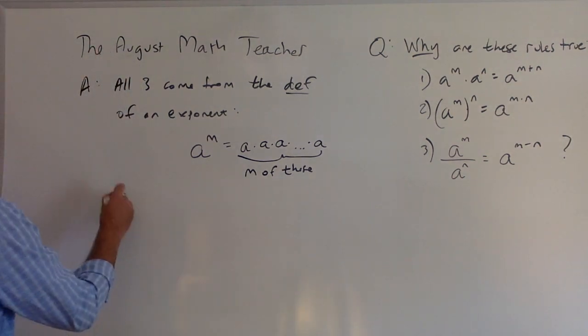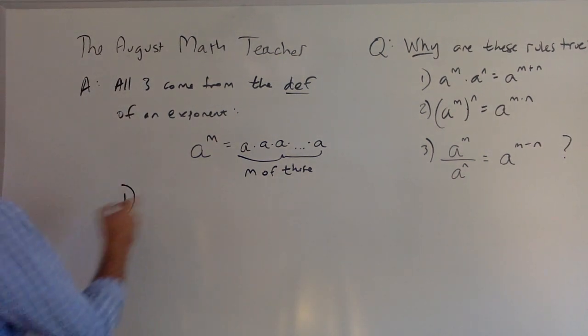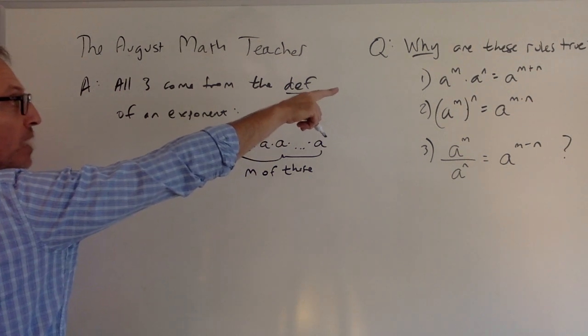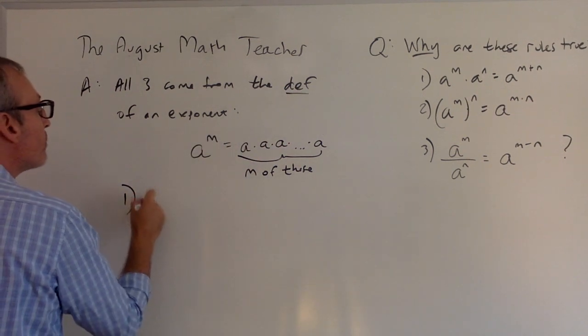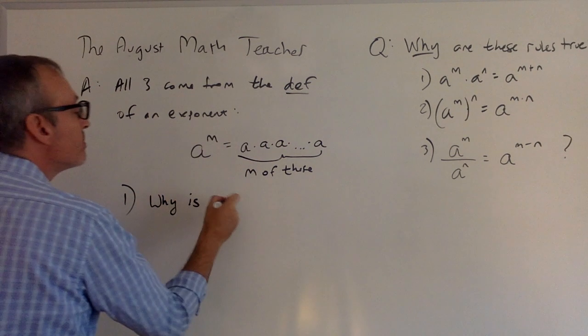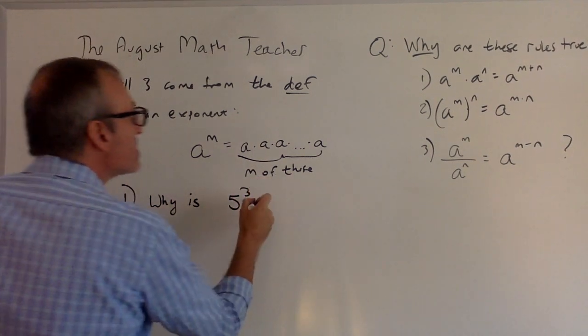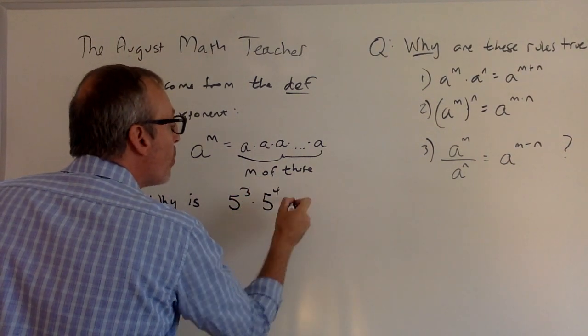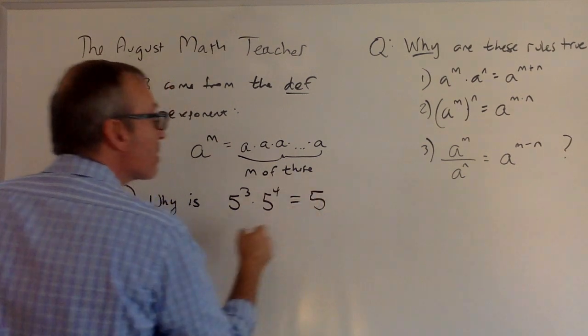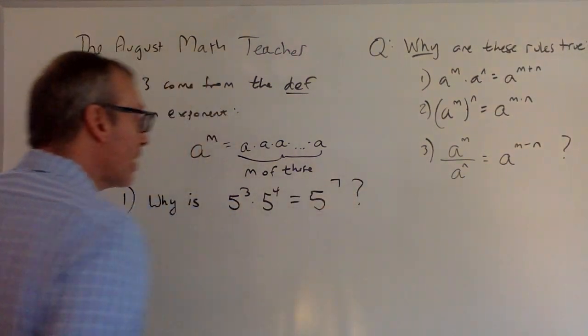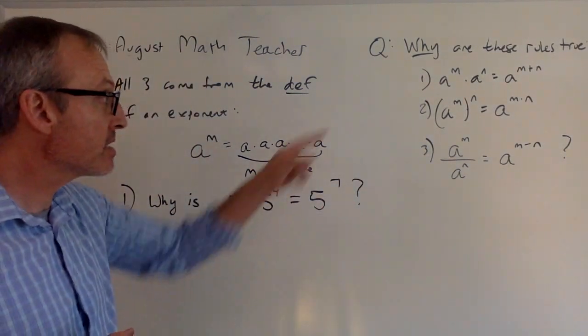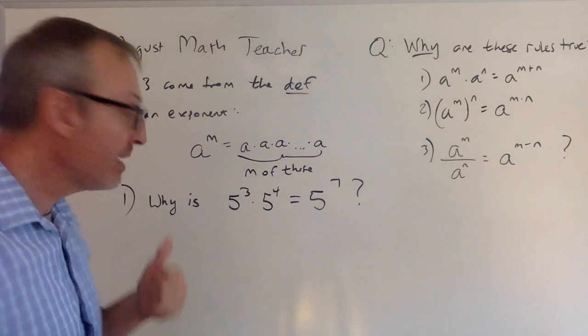Okay, so for problem number 1, rather than try to explain why it's generally true, let's look at an example. Why is 5 to the third times, say, 5 to the fourth, why is that equal to 5 to the 3 plus 4? Why not 3 times 4? Why does this rule on the right work? The answer